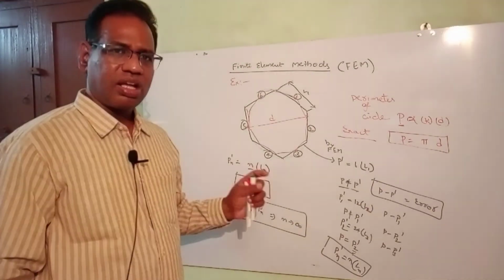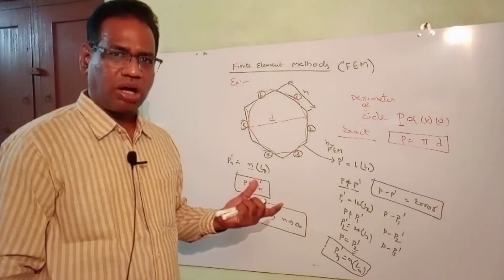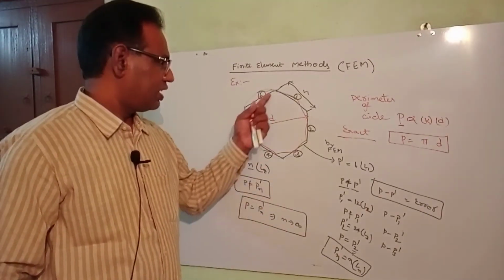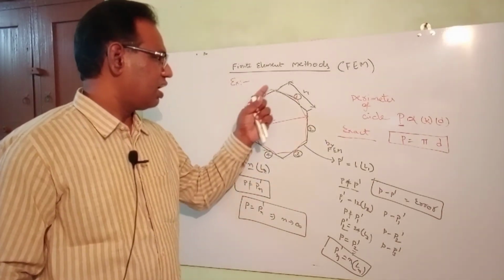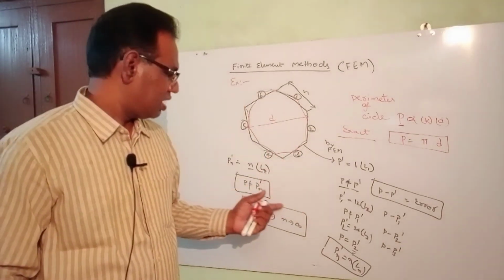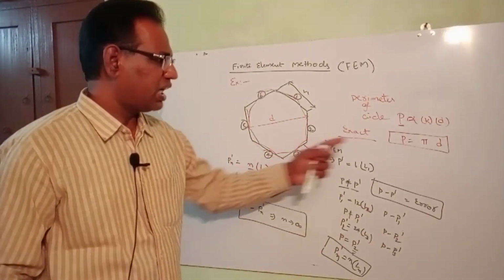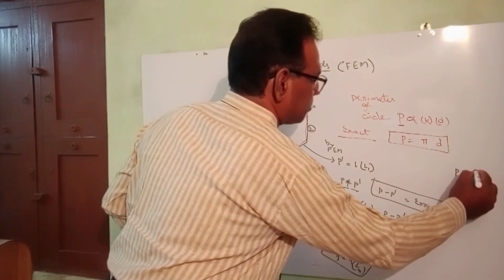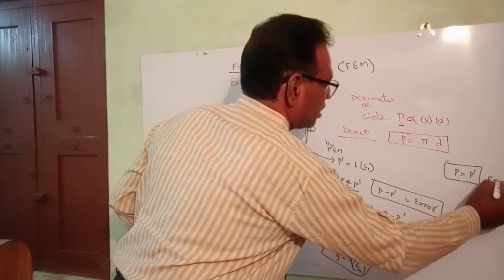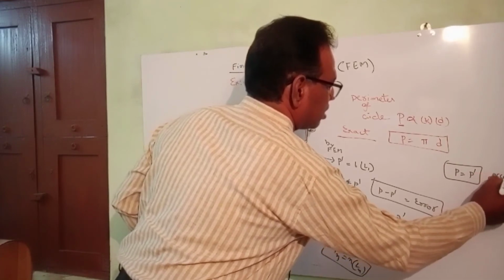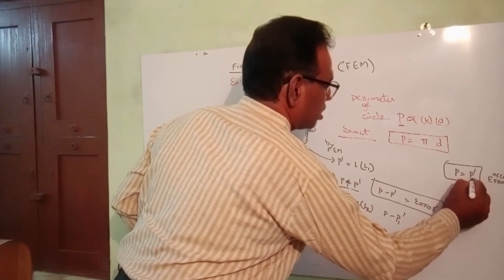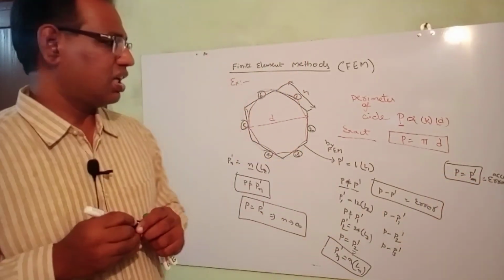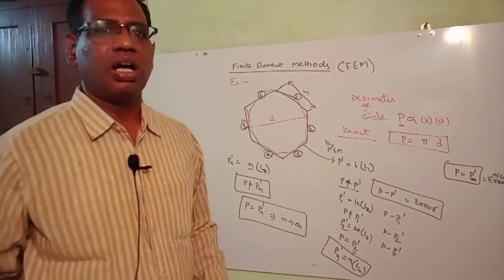So n may be whatever the requirement, whatever it is possible to count, that is finite line segments. With n finite line segments, we are able to predict the circumference or perimeter of a circle and equate it to this one, which is having some error. P minus P accepted is having some accepted error. Because of this, it is not providing the exact solution, it is providing the approximate solution.